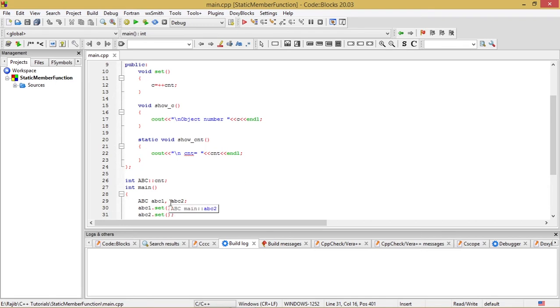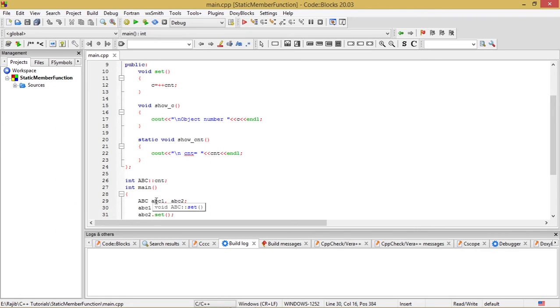So we can easily see that this function helps us to increment the value of CNT from 0 to 1 and assign the value of 1 to C of ABC1. ABC1 is the object under which there is an integer data member C, and that will be assigned a value of 1.